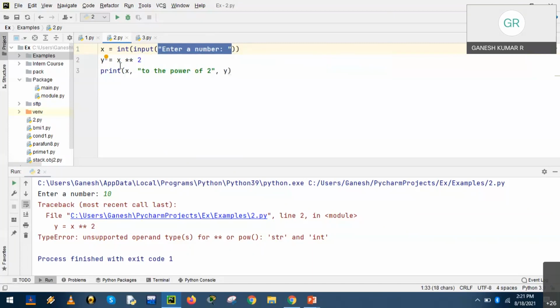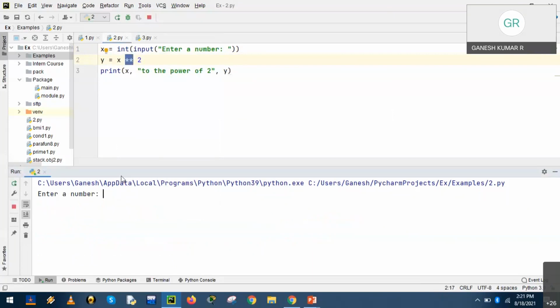Now it will not be a problem because the input assigned to the variable x has been converted into integer type. So any integer value can support the arithmetic operations. Right? Now let us run the program and check. Enter a number 10. And we have got the output: 10 to the power of 2 is 100.